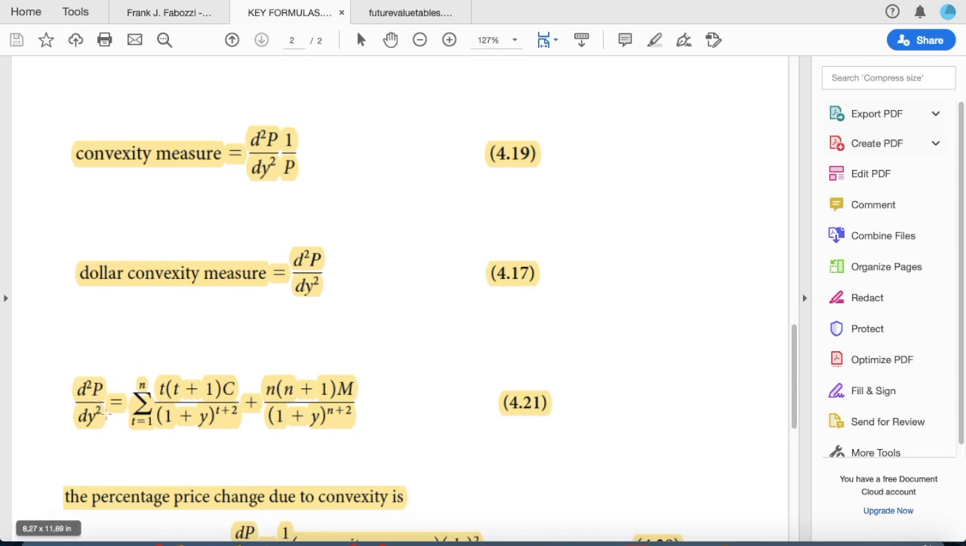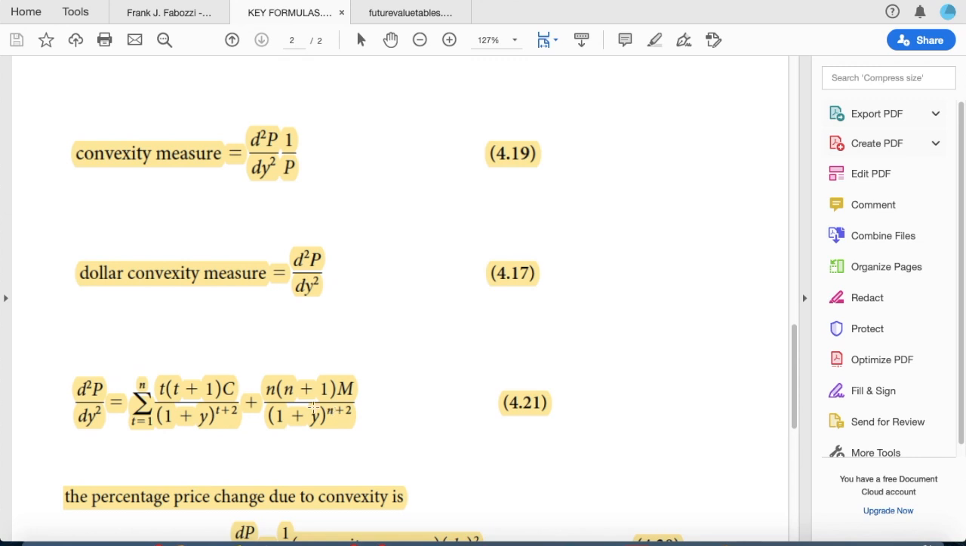So the second derivative is almost similar to the Macaulay duration formula, except that instead of multiplying T by C, we add a new element, which is T plus 1. Also, instead of dividing by 1 plus y power T, now it is power T plus 2. See? Same thing for the final payment. We will add the n plus 1 on the upside, and we'll add the plus 2 in the power factor on the downside, right? So let's start